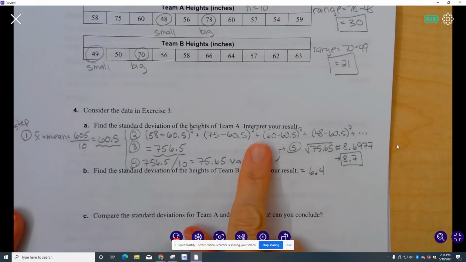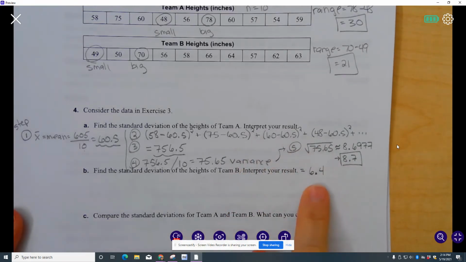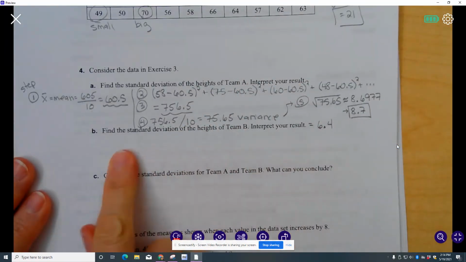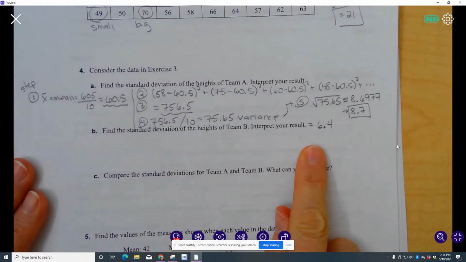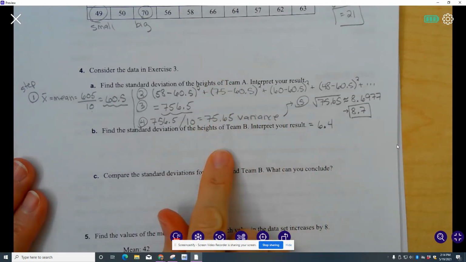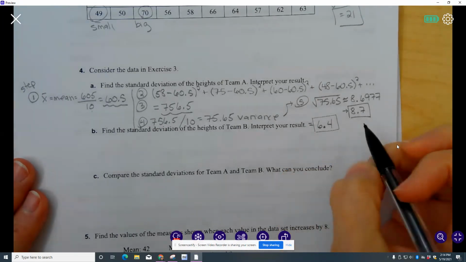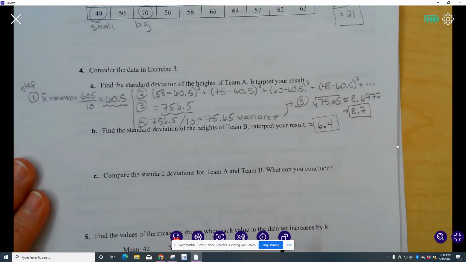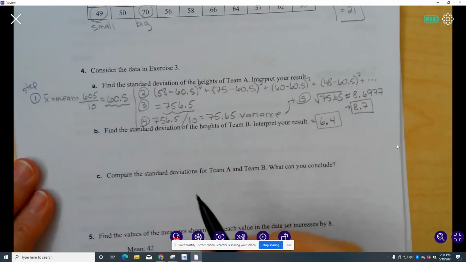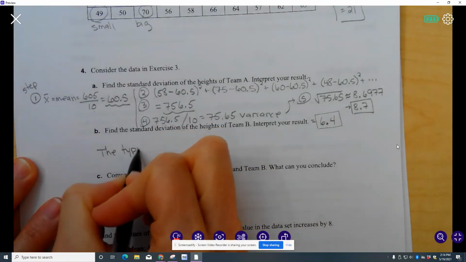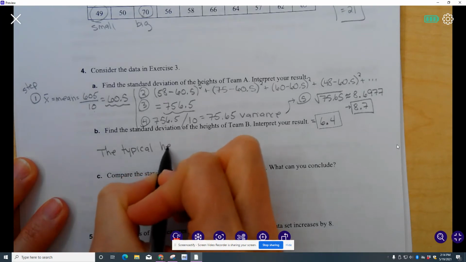Okay, now it said interpret and it said interpret here. We really need to interpret for both of these. Kind of running out of room here. So I'm going to interpret for this 6.4. The interpretation will be the same. We would just use a different number. So the interpretation is, we want to figure out what we're talking about here. We're talking about heights. So I'm going to say the typical height